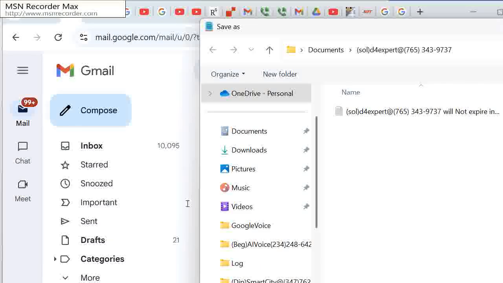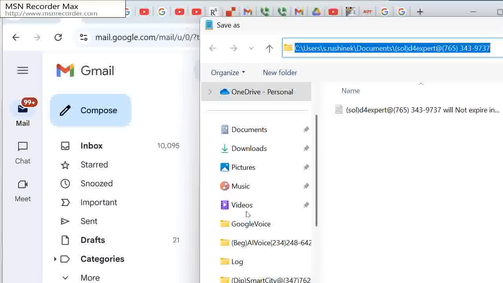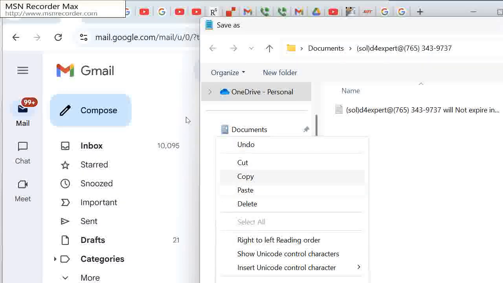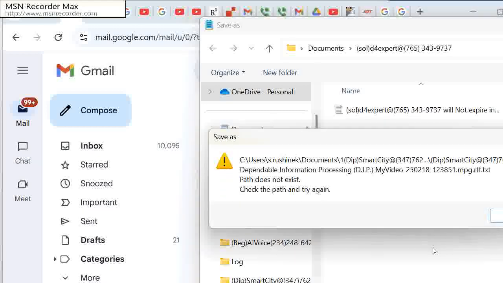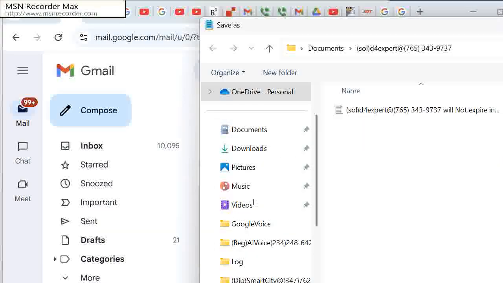So I'll insert one in front of it so Windows doesn't get confused. Otherwise, I'm afraid that Windows will get confused. Let's try to save it now and see if that works. No, that didn't work too well. Why? Because I stuck the one in the wrong place. So let's go back and stick the one in the right place, which is here,